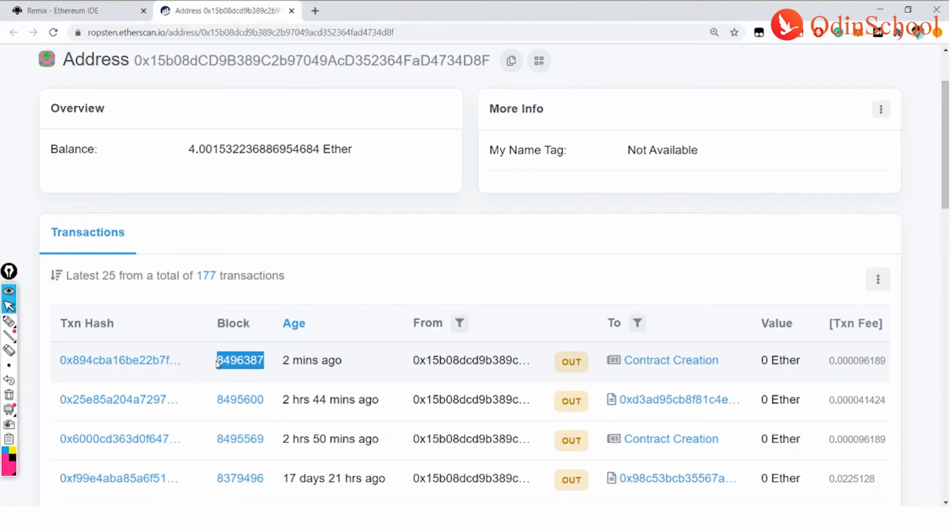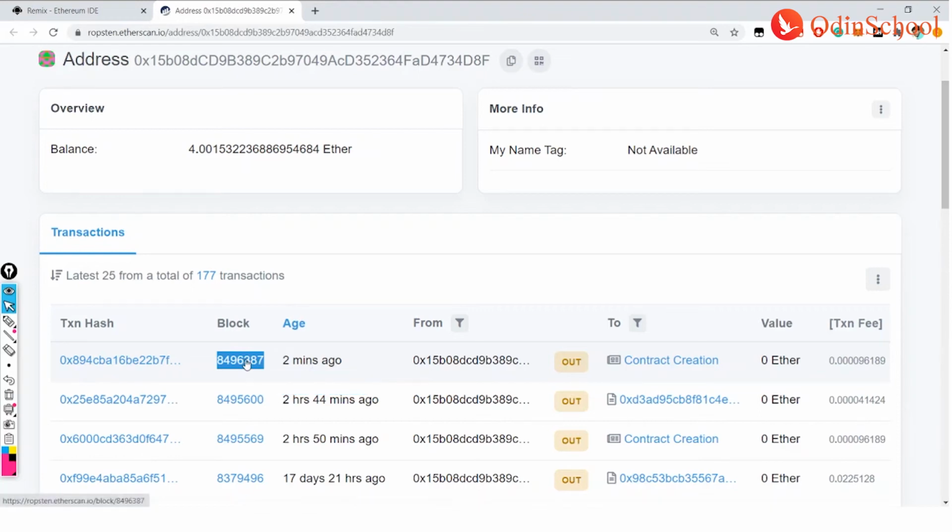Now if anybody asks you how you can say that the smart contract you created has been deployed inside the blockchain, you can go to Etherscan and give the block number, saying that yes, the smart contract I have developed, I have compiled it, and then I have successfully deployed it inside the Ethereum blockchain with the help of MetaMask.